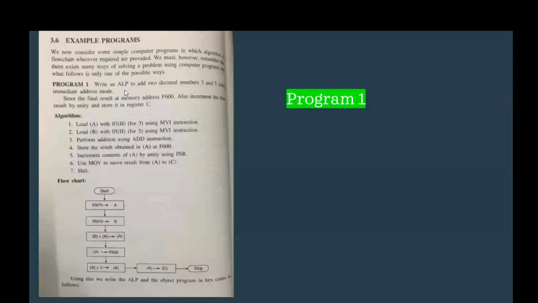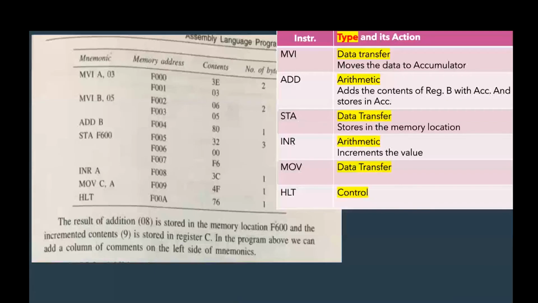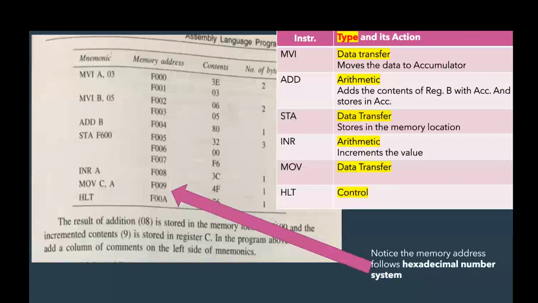When you go to a fruit juice shop, you will get mixed fruit juice, no? Wherein it's a mix of everything. Something like that is this program wherein you are not only adding, you're learning about storing in some other place, you're also learning about incrementing and all of that. These are the different instructions coming to this program, and these are the different categories. The different lines are explaining to you what those types of instructions are. And please remember, the memory location address is following the hexadecimal pattern. So after 9, it is not 10, it is A. All right, remember that.